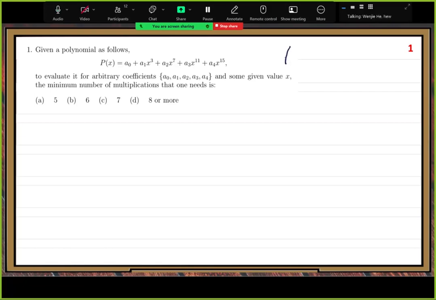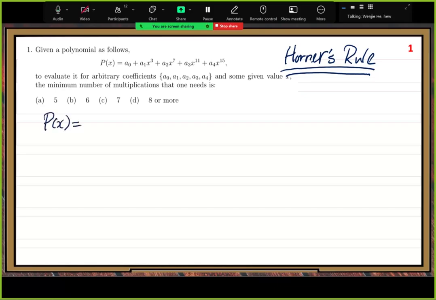Definitely the Horner's rule. Actually, for the Horner's rule, not just the result, because this question I modified slightly differently from the typical situation of the Horner's rule. So you need to go back to our factorization formula for the Horner's rule. You need to go to that step. Do you still remember how we do the factorization for Horner's rule? Let me write